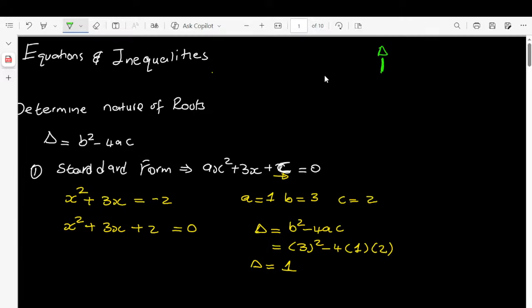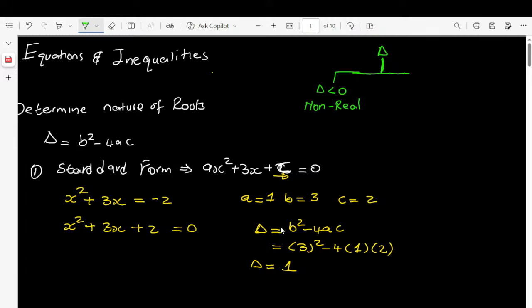if you understand this map, you are good to go. So the map starts like this. If your discriminant is less than 0, it's going to be non-real. Okay, non-real. If it is negative, then we were going to say the discriminant is what? We were going to say